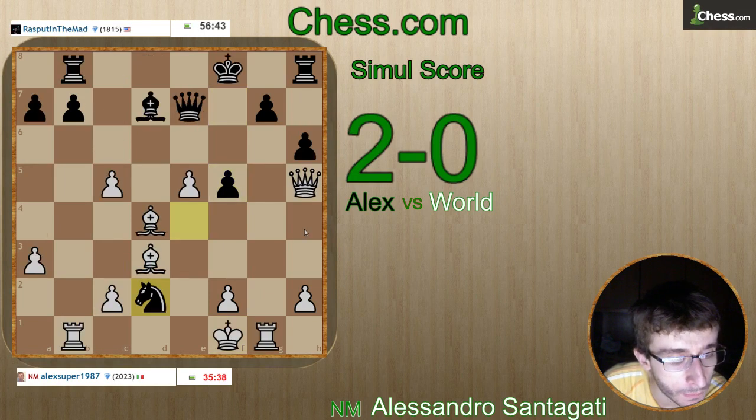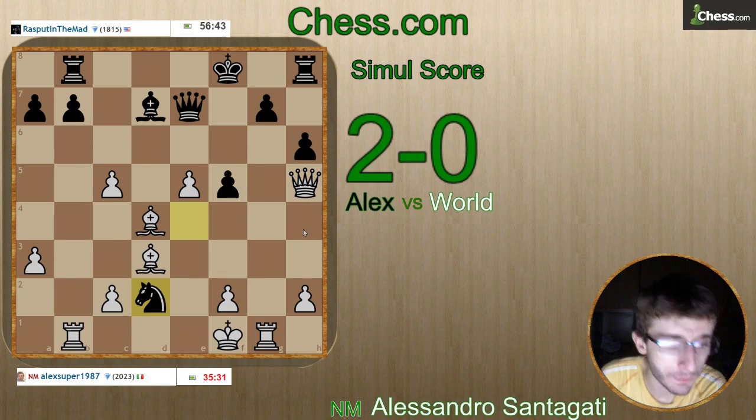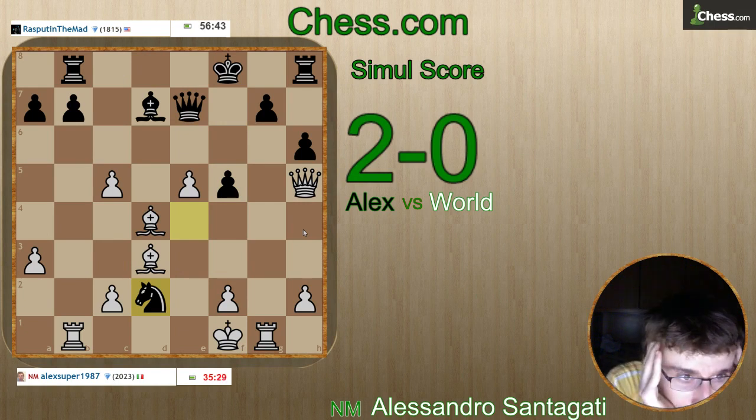Rook c1. Oh, there is the check. I didn't see this important check now. But I must check because maybe can I do something? We'll see. Okay, because if I move the king on d7, maybe not because there is the check in the open file. So king g2 and then